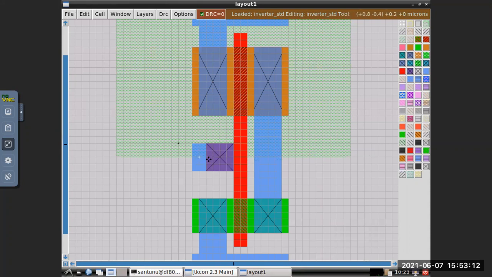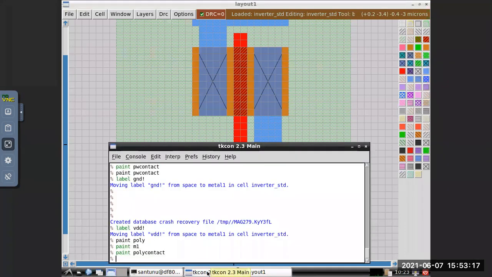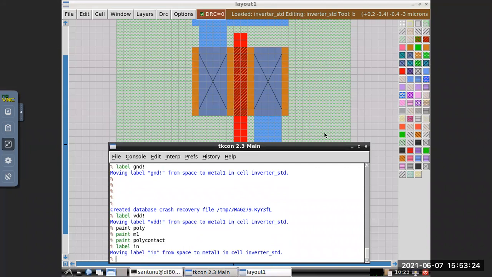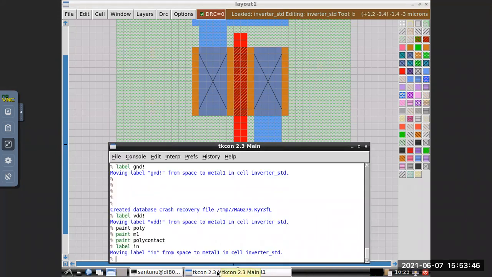Now we can give the name in label: in. And this one you can give label: out.